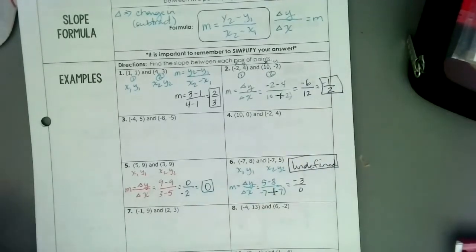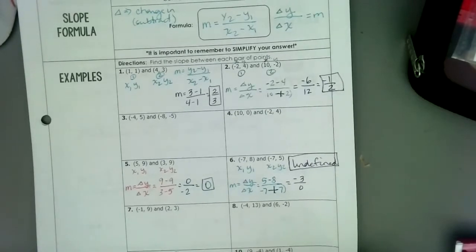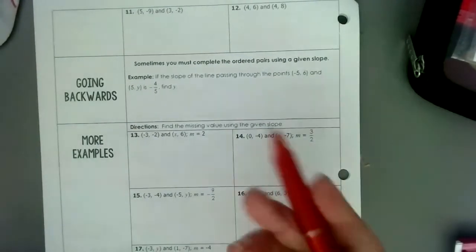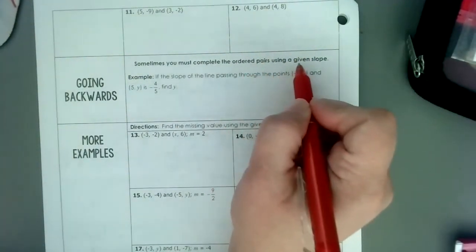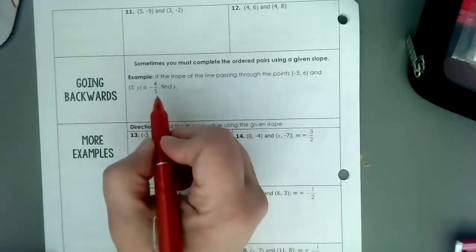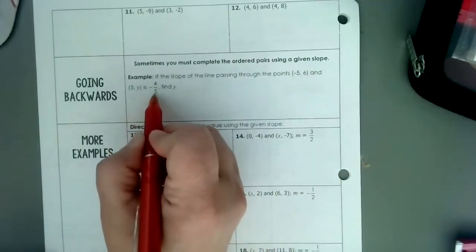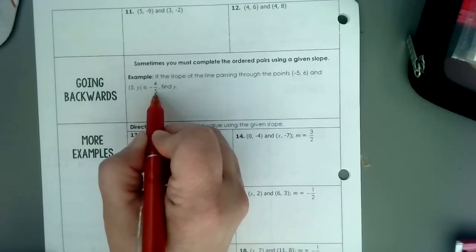Okay, flipping it over to the back of this page, which is where we're going to be given the slope and a point and have to find a missing value. So we're kind of what we call working backwards. In this scenario, you must complete the ordered pairs using a given slope. So for this example, if the slope of the line passing through these 2 points is negative 4 over fifths,